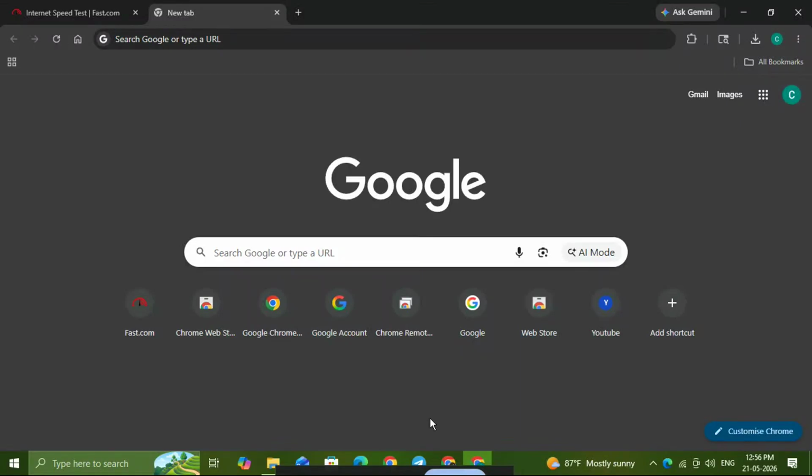In today's video, I'm going to show you how to turn on vertical tabs in Chrome in just a few quick steps. This is a really helpful feature if you like a cleaner browser layout, want easier tab management, or just prefer having your tabs displayed in a more organized way. It only takes a moment to set up, and by the end of this tutorial, you'll know exactly how to